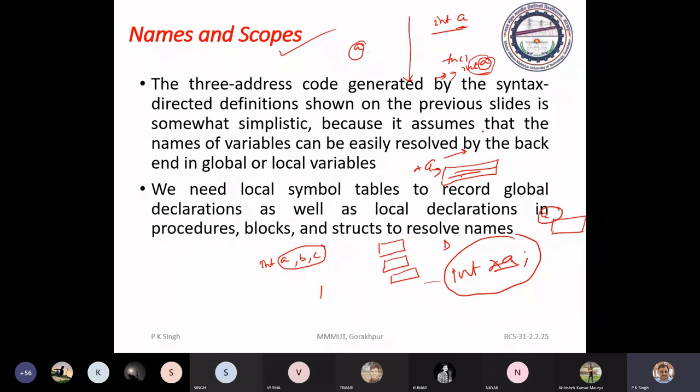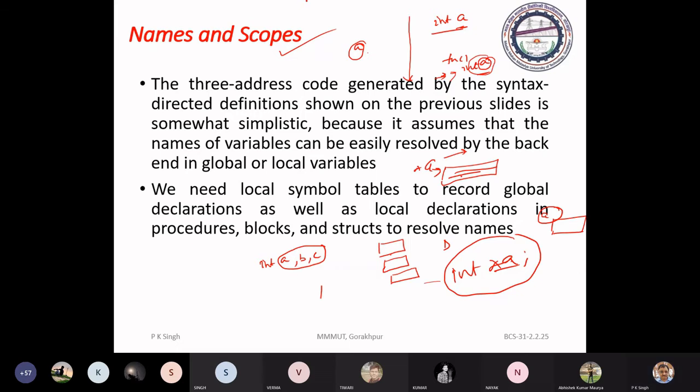Now, we will discuss names, scope and other runtime storage management during the discussion of runtime storage management, but here you concentrate on the translation. So basically, each program has two parts.